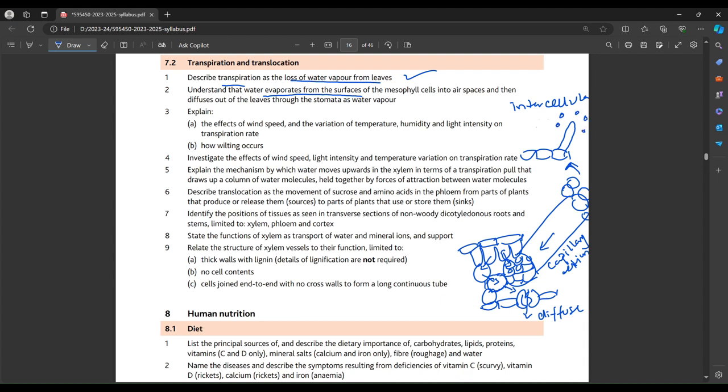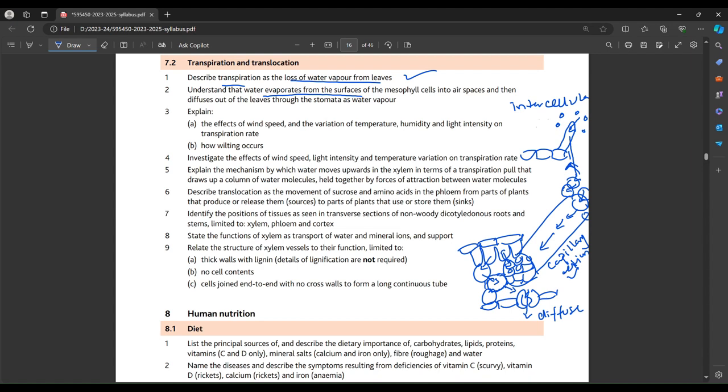Okay. So through the process of osmosis, water will move inside the root hair cell, and then from the root hair cell it will gain entry in the cortical cells, and from one cortical cell to another cortical cell. Then it will gain entry into the xylem vessel. In the xylem vessel, the water will move upward through capillary action. In capillary action, there will be cohesive forces between the water molecules and adhesive forces between the water molecules and the cellulose cell wall, and then from the xylem vessel it will gain entry in the mesophyll cells,